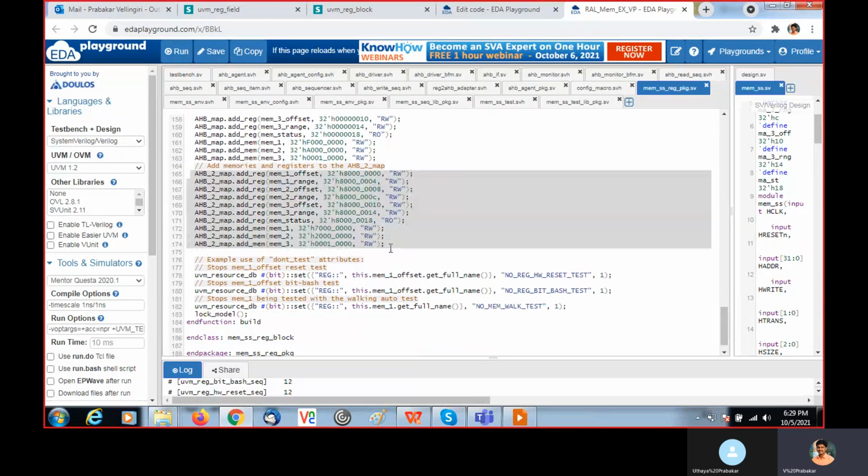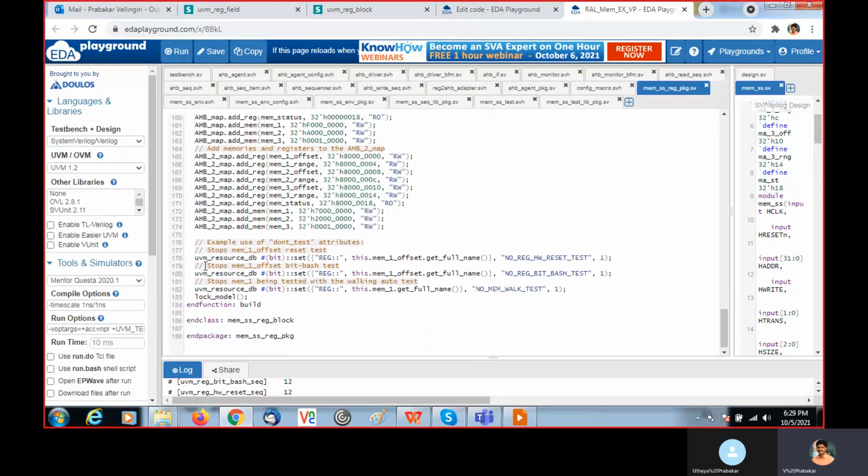Earlier in the slide we discussed, right? To disable a particular sequence, we need to set this attribute to 1. So for the mem1 offset register, I am going to disable these sequences.